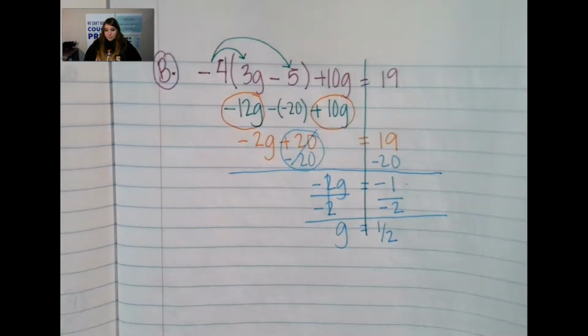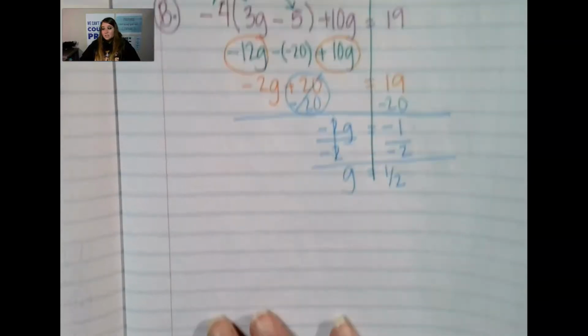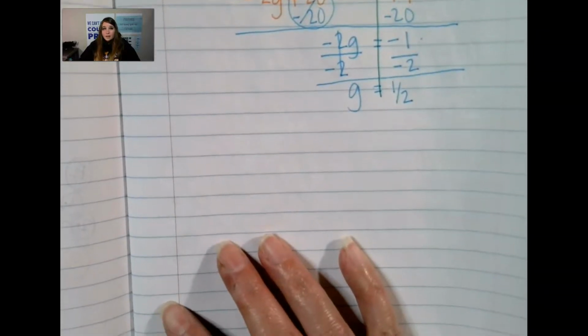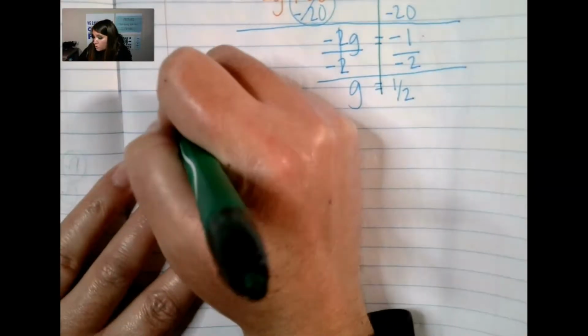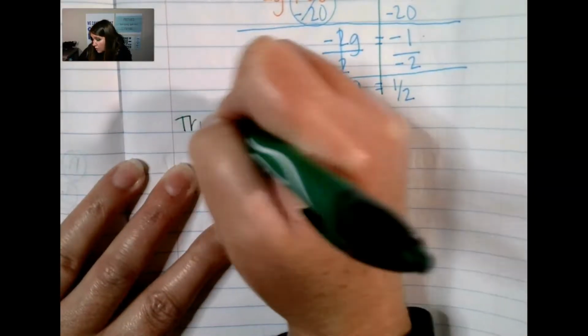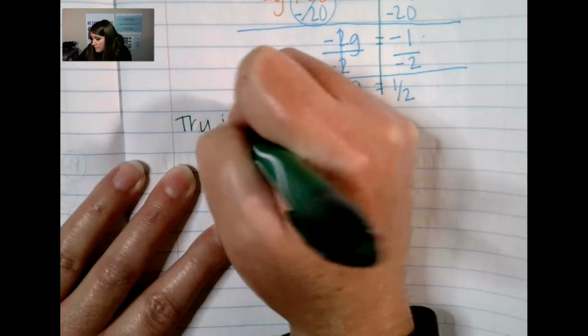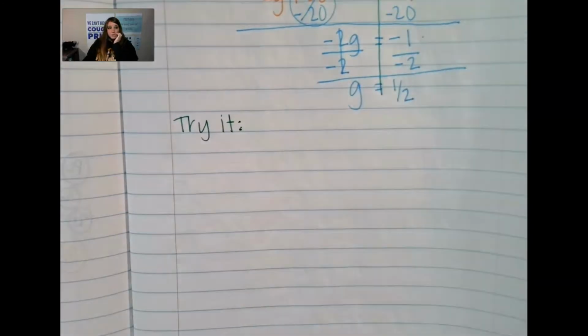Slow and steady. Everything is all built up. And we've got G. Okay, it is your turn for a try it. Now, slow and steady wins the race in these problems. So I would like for you to please go slow, take your time, double check your steps. All right, your problem is